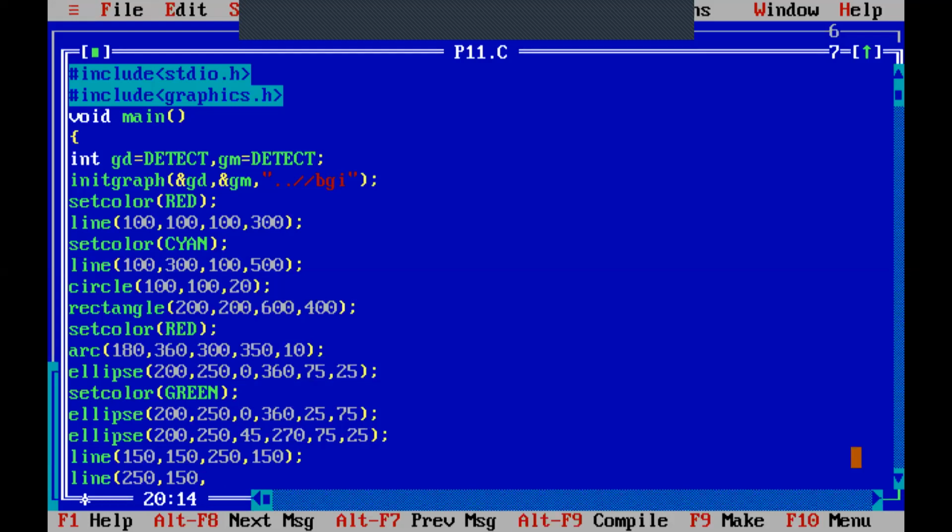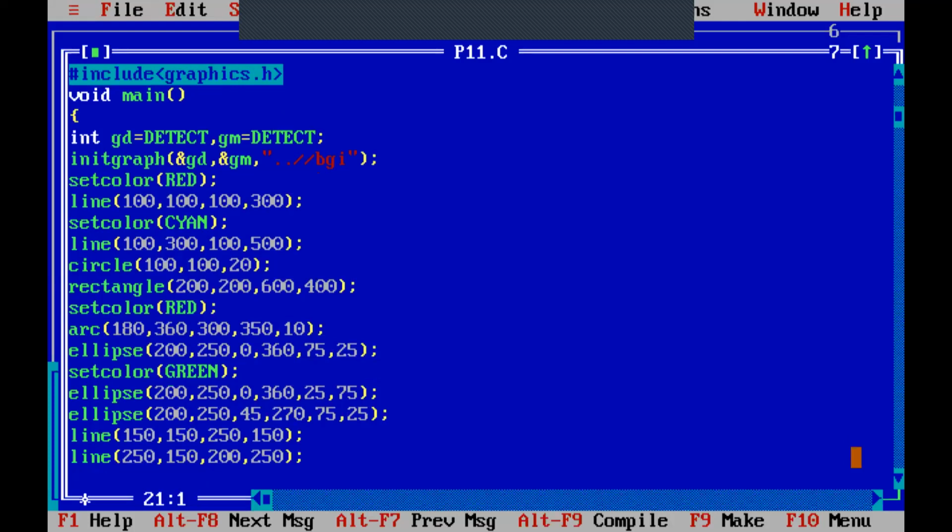Its x coordinate is in between 150 and 250, so I will write 200. And y will change its value, let us say, from 150 to 250. So this is your second point.